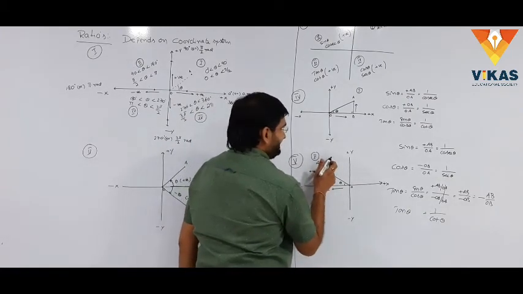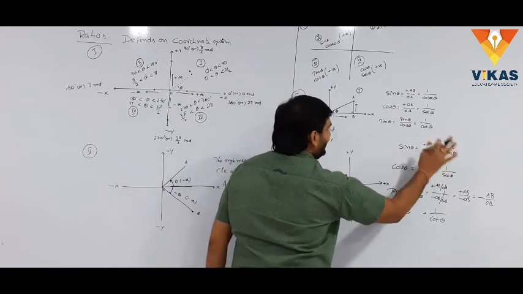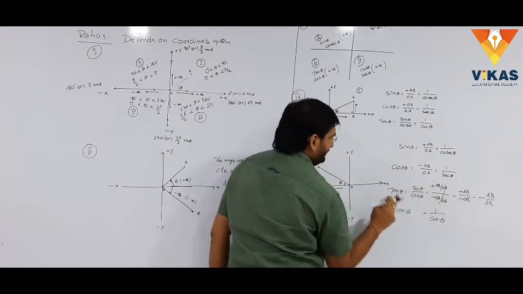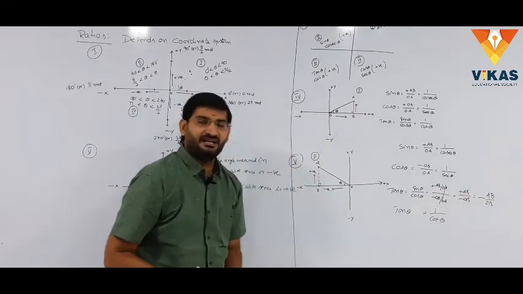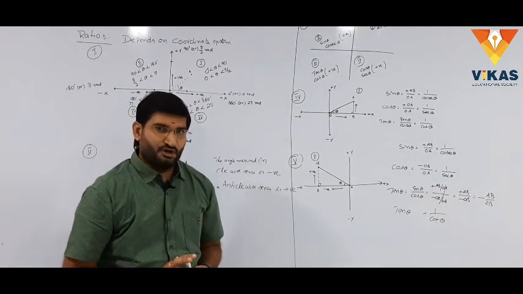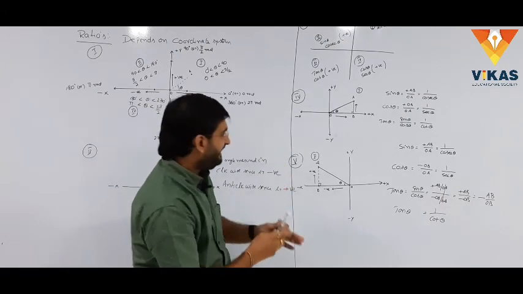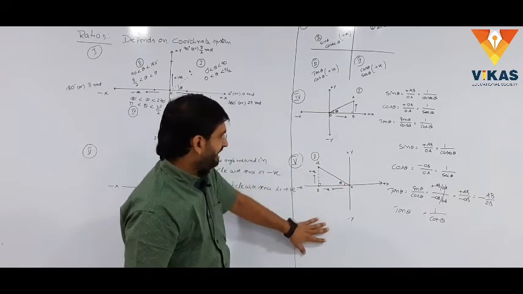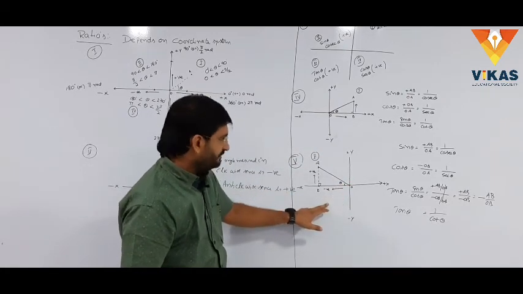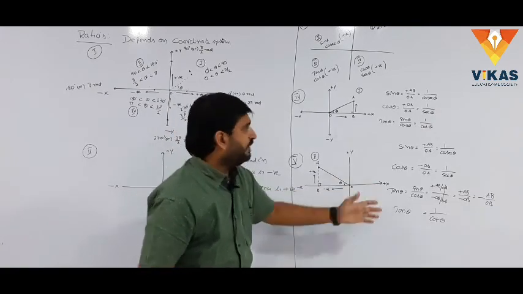In that quadrant, only sin theta and cosecant theta are positive, cos theta is negative, and tan theta is also negative. These are the identification of trigonometric ratios with clear-cut diagrams. We take the third diagram, fifth, sixth diagram, like if the angle is in the third quadrant, or in the fourth quadrant. That is the homework.